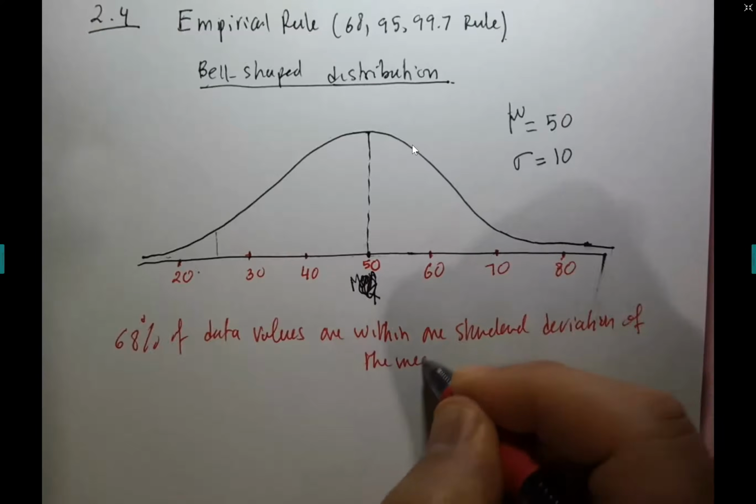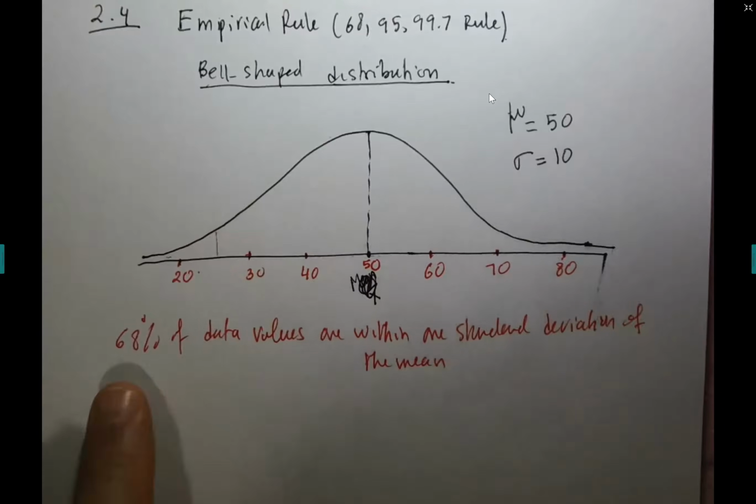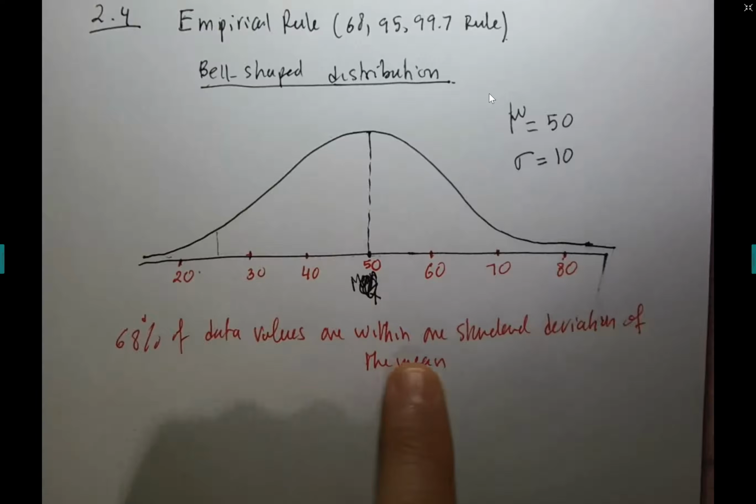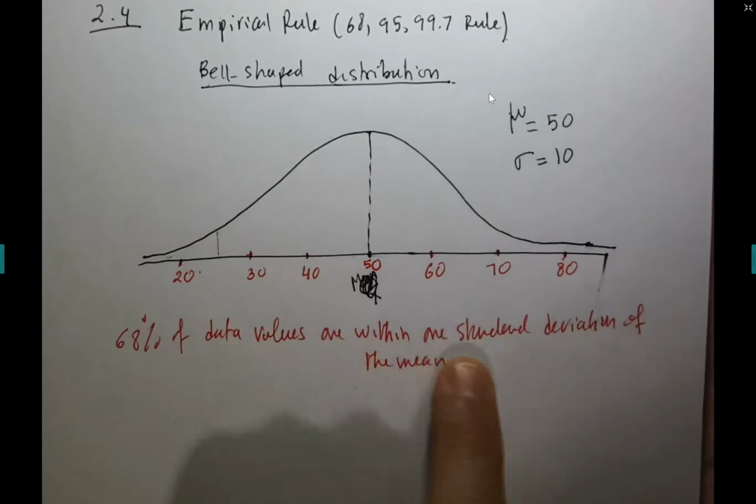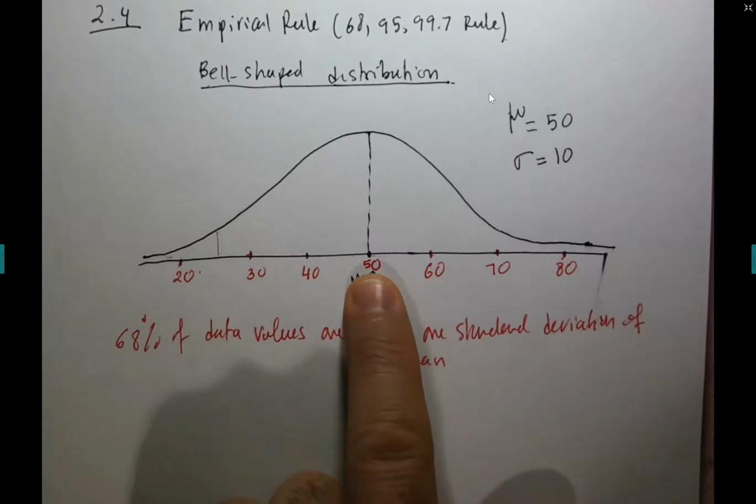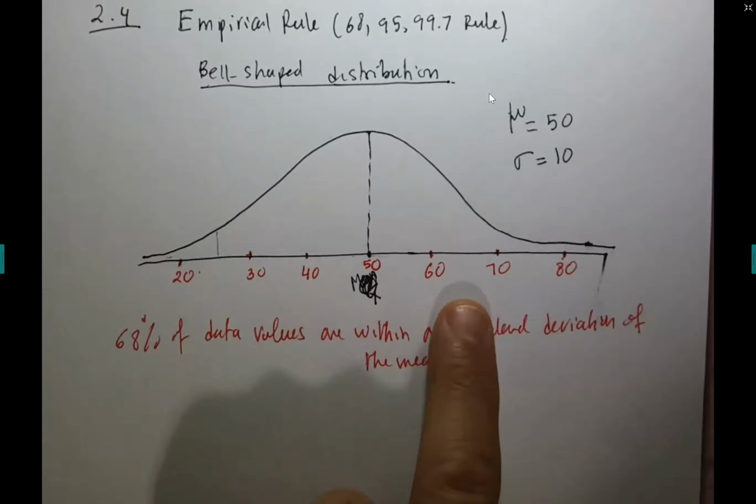And let me explain this to you. This is one conclusion that statisticians notice when the data set is symmetric. It looks like this. 68% of the data values are within one standard deviation of the mean. Let me tell you what the phrase within one standard deviation of the mean means. Within one standard deviation of the mean means one standard deviation below the mean or one standard deviation above the